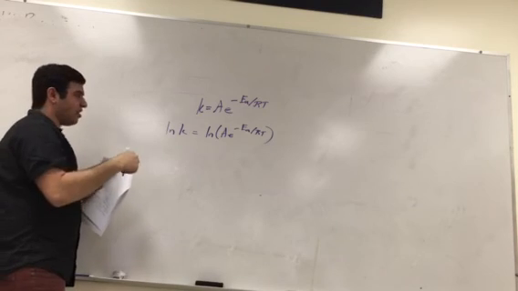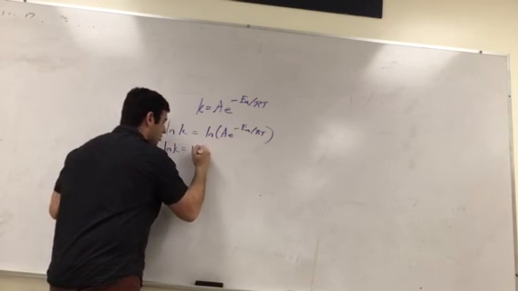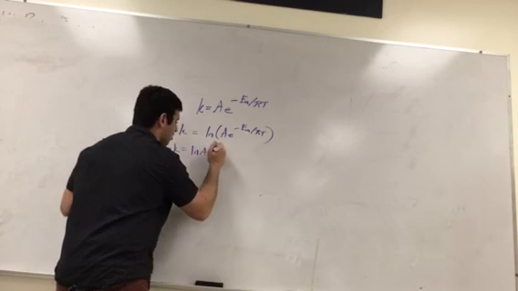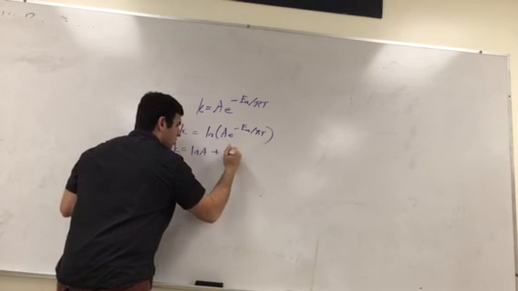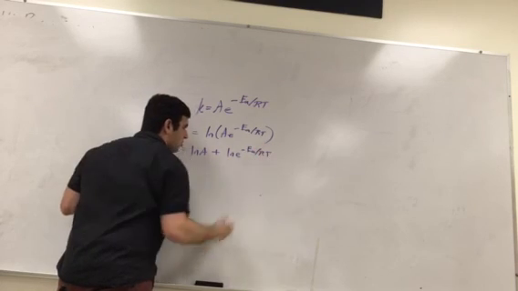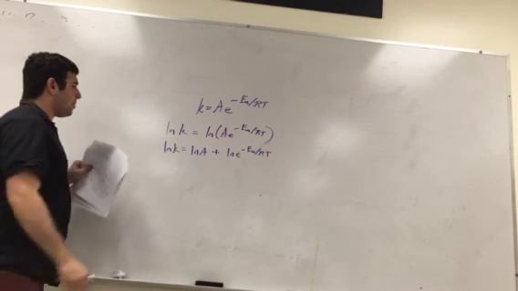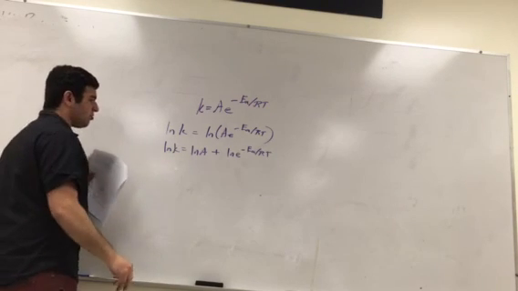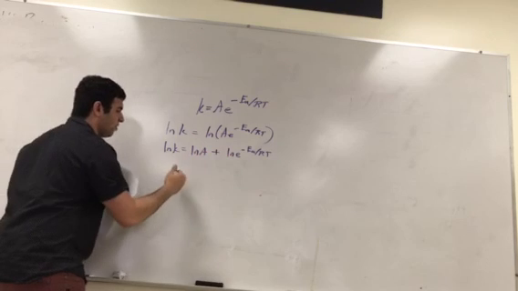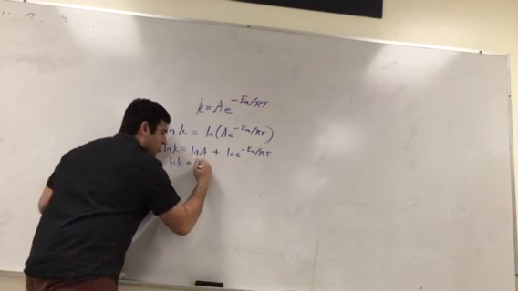If I did that, I can separate these two. I'm going to switch these two real fast. So I'm going to write natural log k equals natural log A